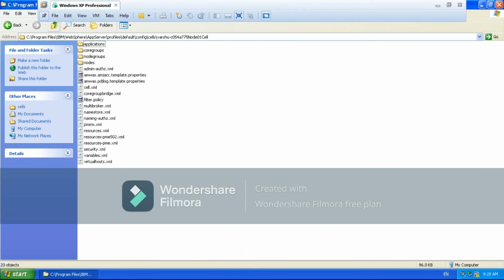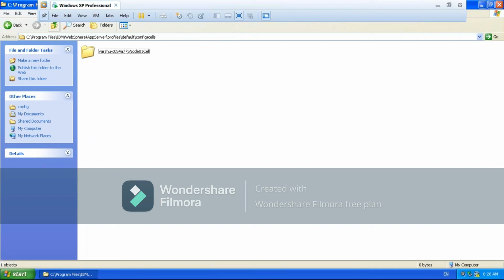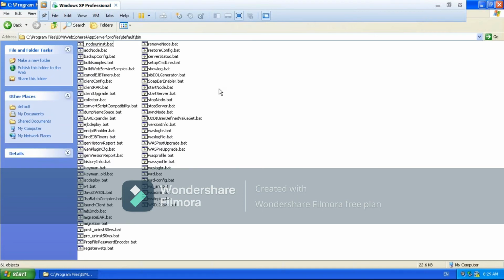Now let us start this server and see the console. If everybody is clear with this folder structure explanation, let us start. Is everybody clear with what we discussed up to now? If you want to start this server, server1 is your application server, created under a node, under a cell, with the default profile. You have to go to the bin directory and execute startServer. Here, as it is a Windows server, it is going to be .bat. If it is a Linux server, any Unix flavor, it will be .sh.